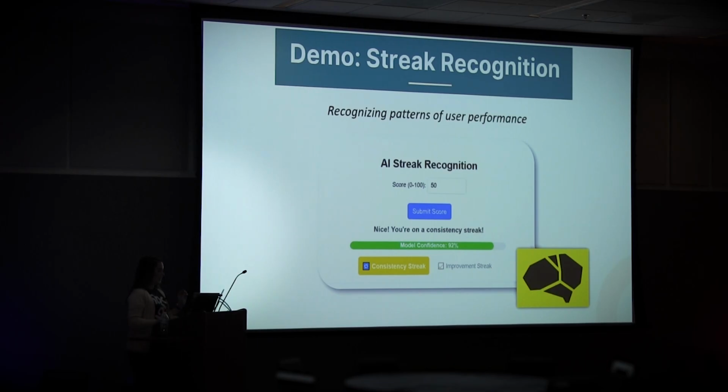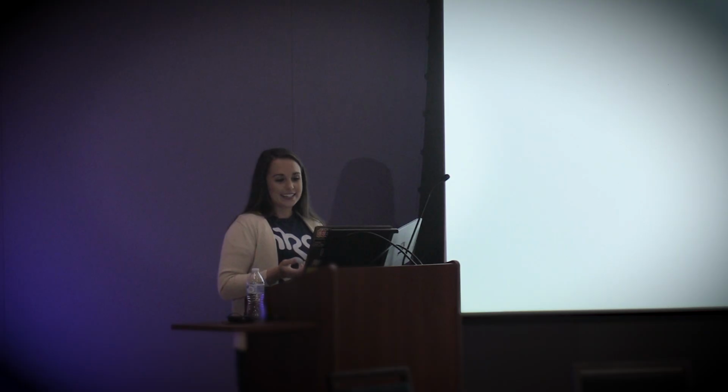All right, second to last one here. So streak recognition. This is a gamification technique that identifies when users perform consistently or improve over time. So it's just going to look for, are they basically doing about the same? I remember in the classroom, I would look at students' grades over time. So I kind of think, like, oh, they're generally getting a C or a D every quiz. Okay, they're very, very consistent. But then sometimes you'd have like greatest improved. Oh, they had a 50 this last quiz. Now they have a 90. Great, that kind of thing. So we're looking for those kinds of streaks here. And I used Brain.js to detect both of these kinds of streaks.